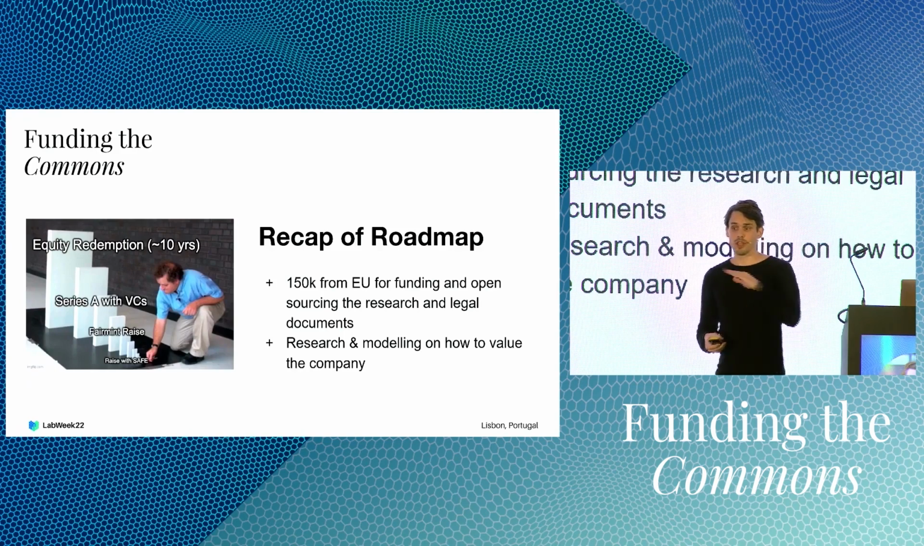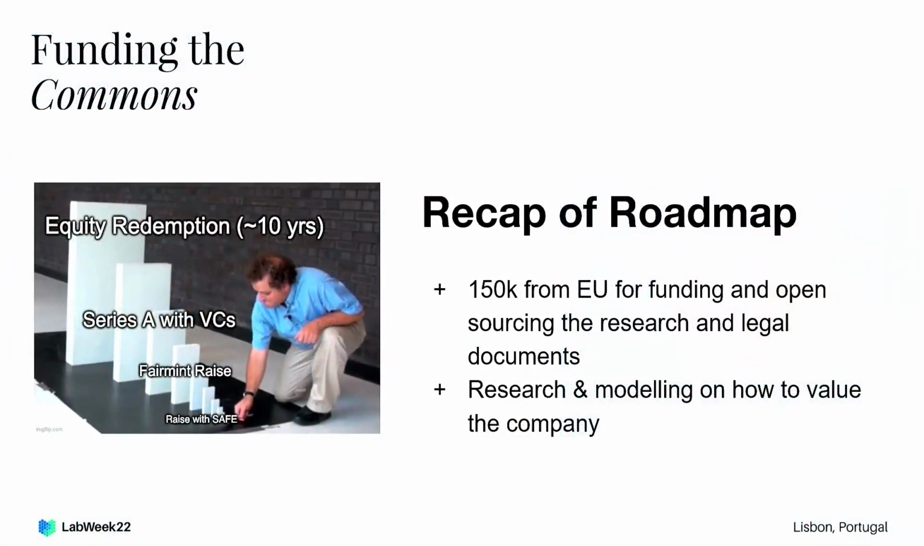So, to give a quick recap of the roadmap here, how these dominoes can fall. We start raising with a SAFE. It's maybe a bit small in this one if you can see it. We start raising with a SAFE to then basically get our company to a state where we have a solid amount of revenue and a solid user base that then allows us to raise in a more community-based round through the Fairmint raise,